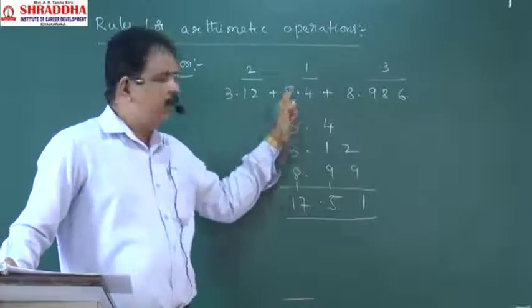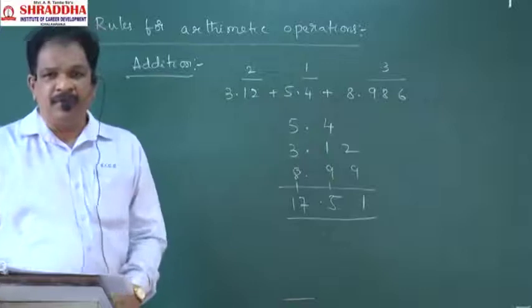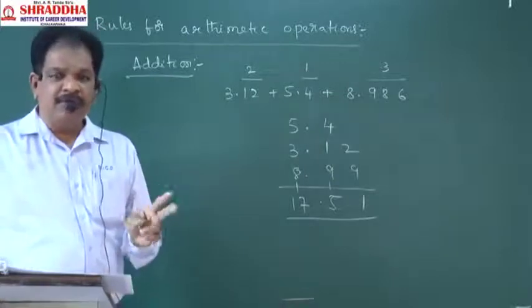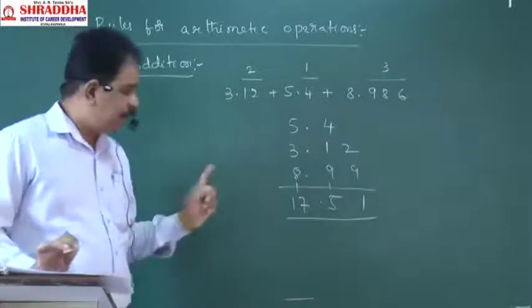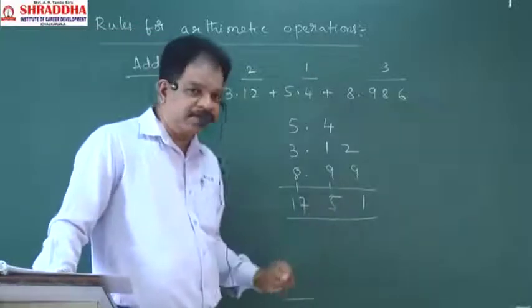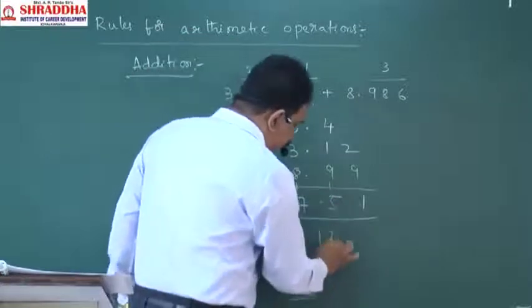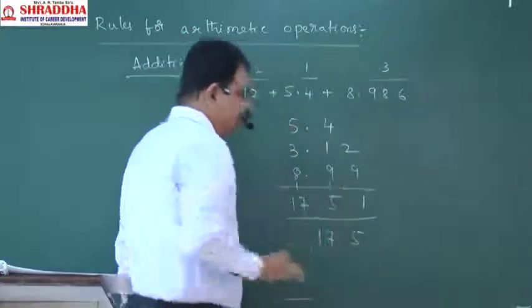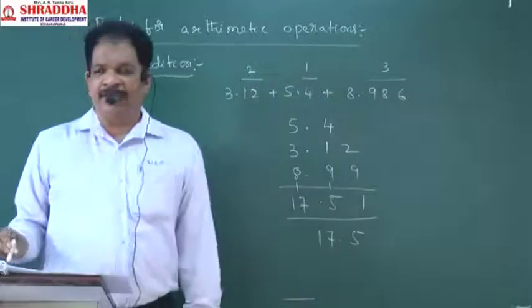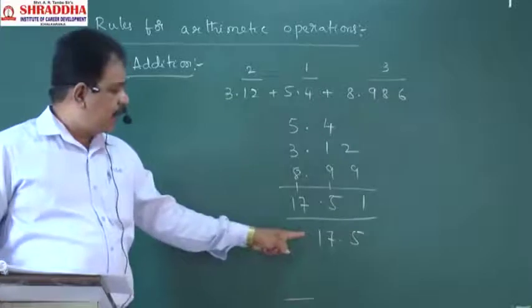Here the minimum is how much? 1. The final answer will also be rounded to have one significant figure. Here it has two significant figures. So if you discard this 1, the preceding digit will not be changed because that is less than 5. So the answer will be